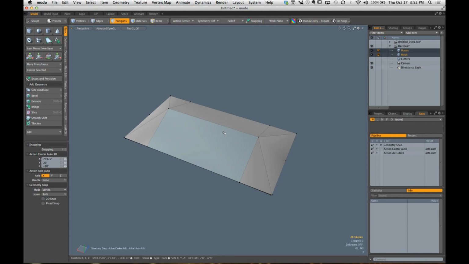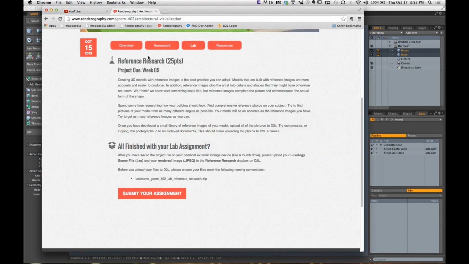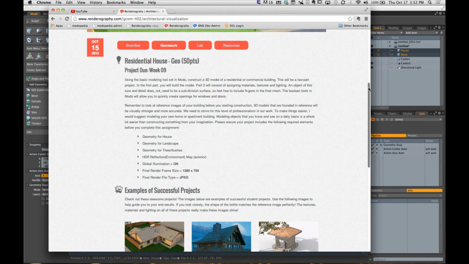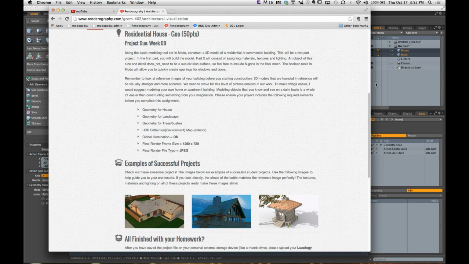Questions? All right, let's talk about our homework in our lab. We have a couple things that we need to accomplish this week for our work. Okay, if you go back over to renderography, our homework this week is a custom house. Okay, so you get to pick your house, do whatever home you want to make. Doesn't even have to be a home, it's a building. So if you wanted to do some sort of commercial structure, that's fine too. Okay,